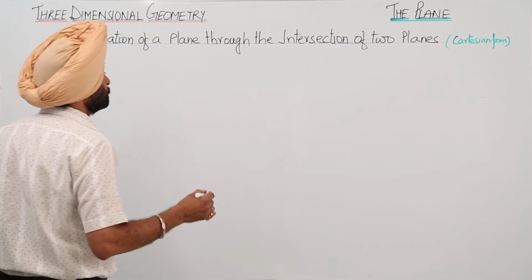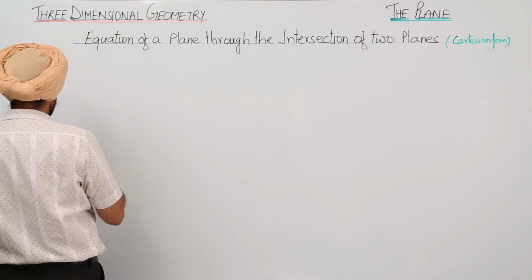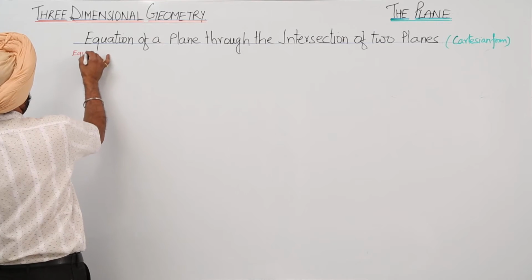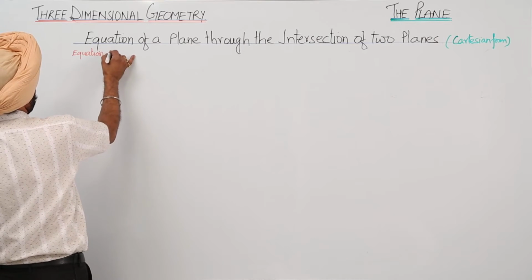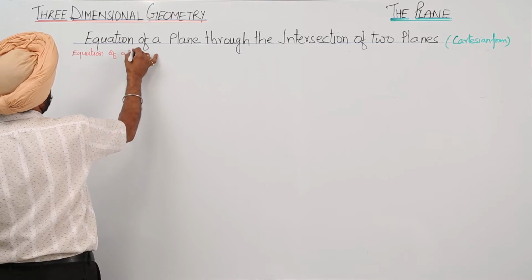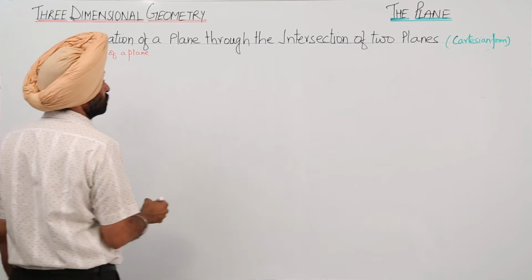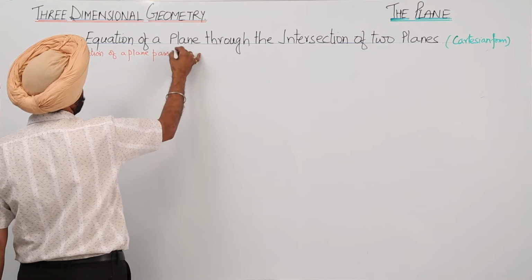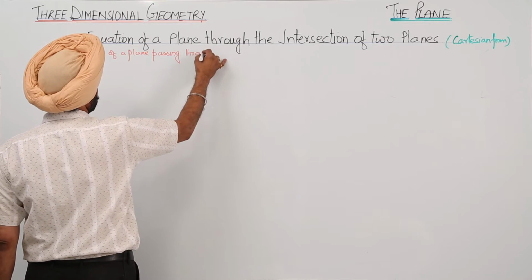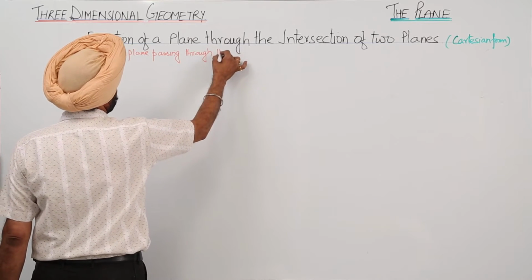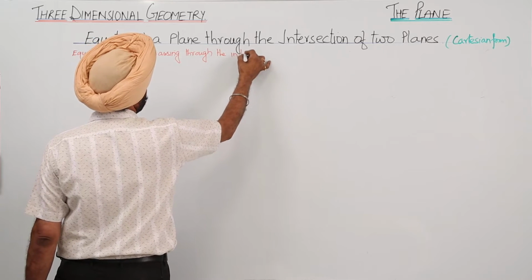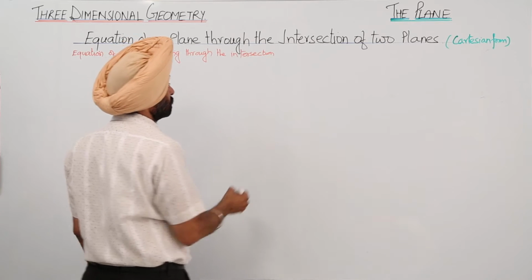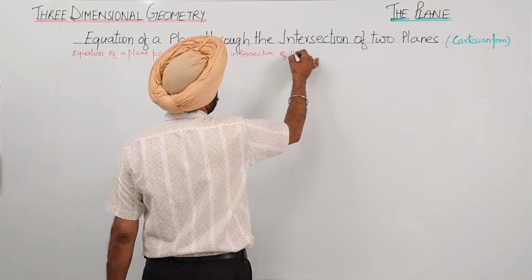Now, equation of a plane passing through the intersection of the planes